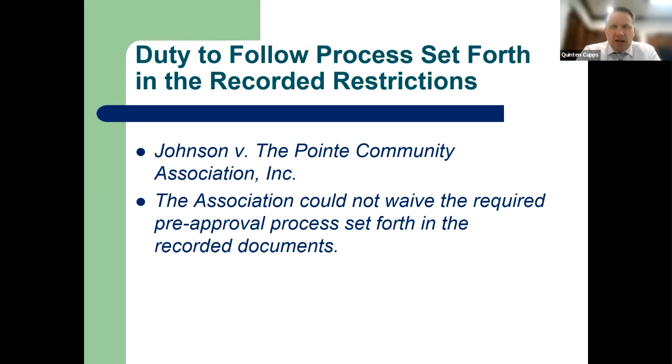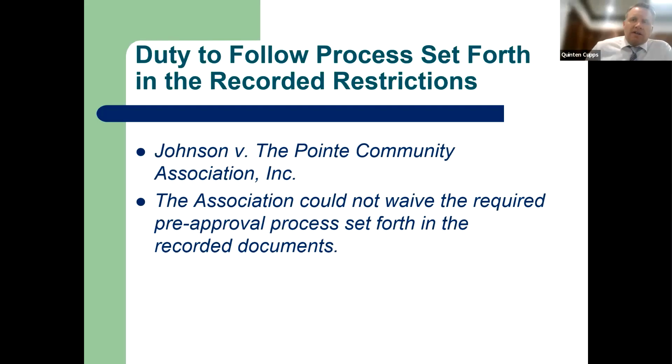In this particular case, Johnson was a neighbor to another family with the last name of Boyd, the Boyds. The Boyds were attempting to, and I may not get all these facts completely right, but the Boyds, I know, were attempting to make changes to their property. I believe they'd constructed a trellis structure. They had rewired and run some wiring that was exposed. There was a paint color issue, and the Johnsons live behind them, so they see this going on all the time, and they don't think that it should be going on, so they complain to the association, asking why is it that they're able to build this.